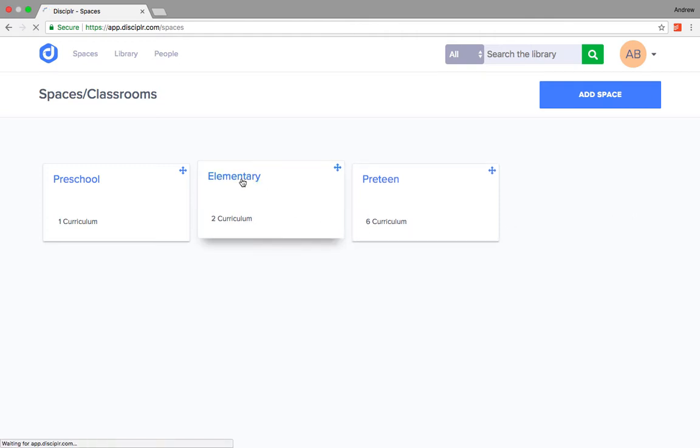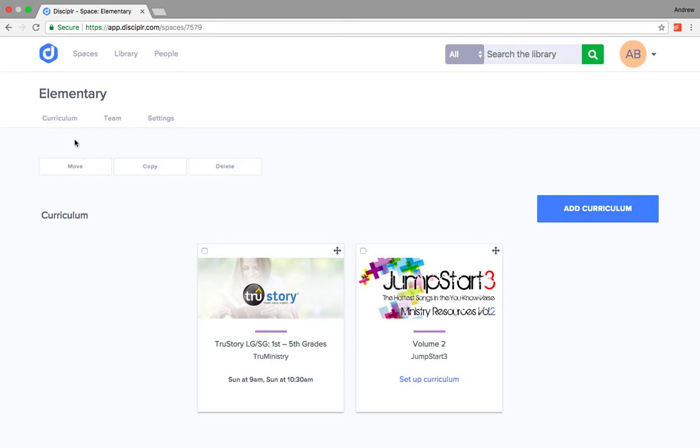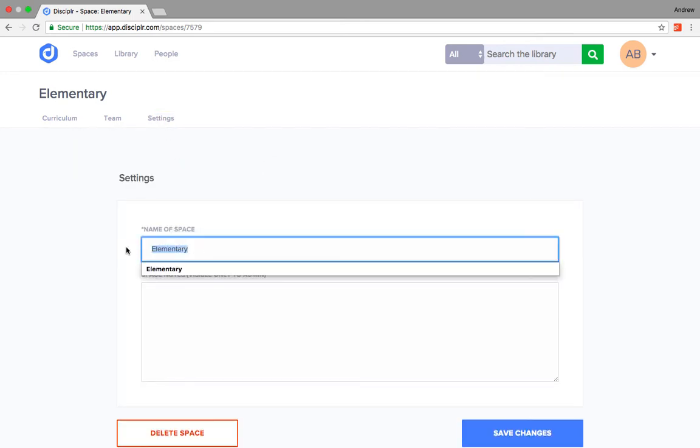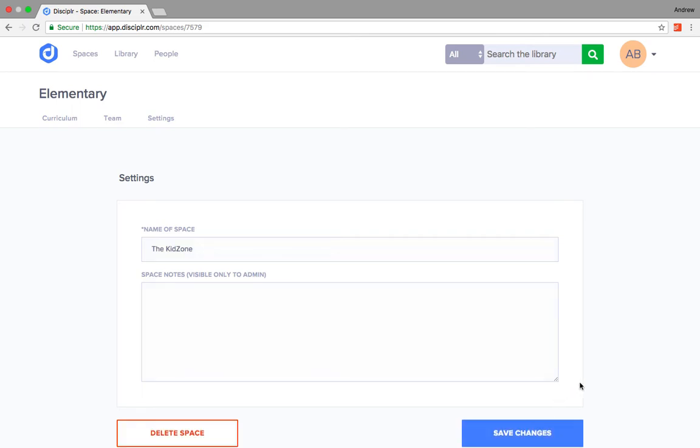We'll go ahead and click on our elementary space, and in order to change the name, all we have to do is go over to the Settings tab and change the name here. Let's say that we're going to call it the Kids Zone. Hit Save Changes. Then when we click on our spaces up here,